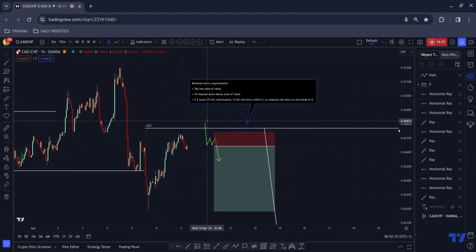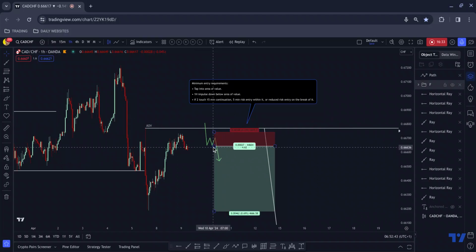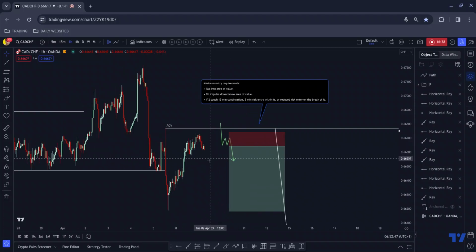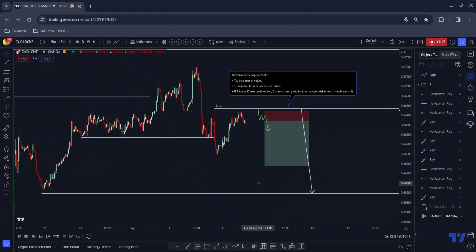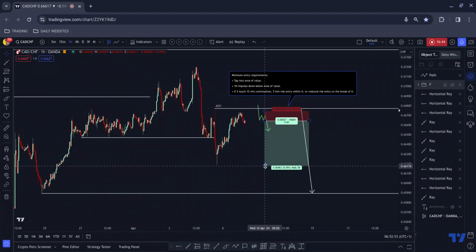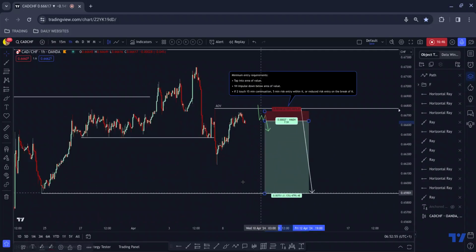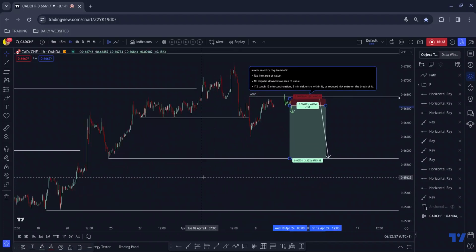I'll be looking for slightly more deliberacy, which will be a 15-minute continuation, so 6 to 8 corrective 5-minute candles, and then I would be looking for that entry on the break and also simultaneously the entry within the flag, and then I should be able to manage it down to here for something in the region of 4.5%. And then my target where I'll be looking to get out would be here for something in the region of